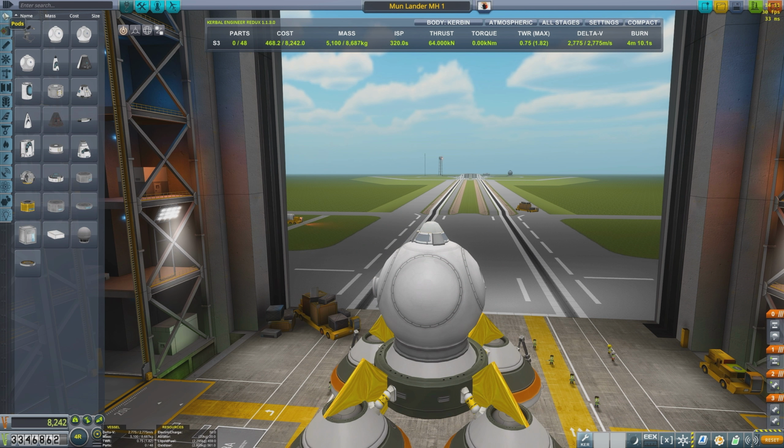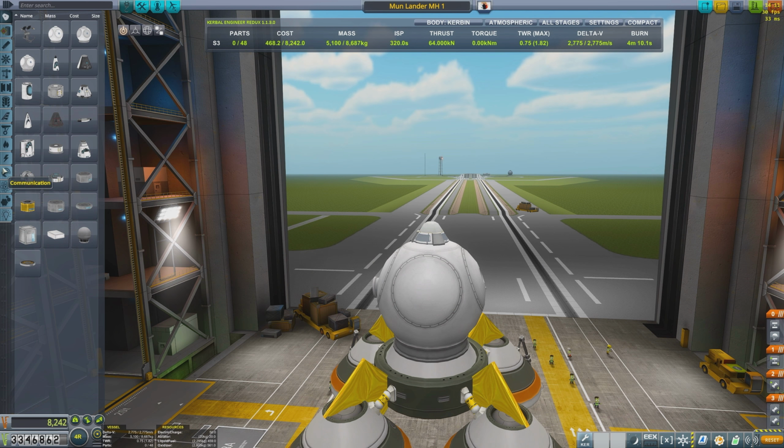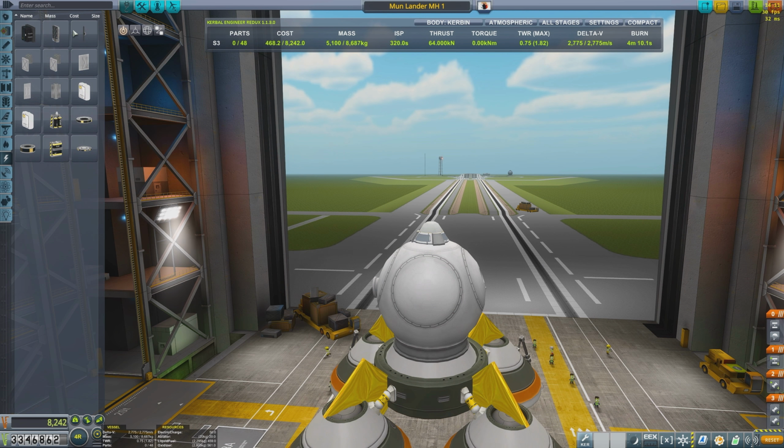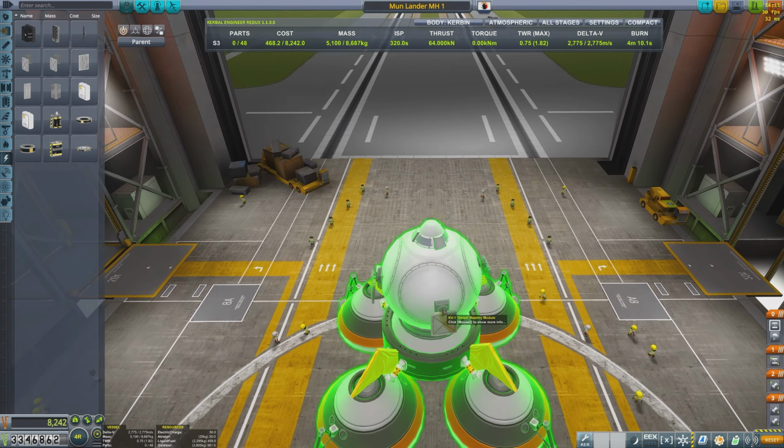So we want some electricity. Let's just see here, how much do we have inside this pod? So electric charge of 50, yeah, that's nice. So let's get one of the electric ones. I want some solar panels. We could go...